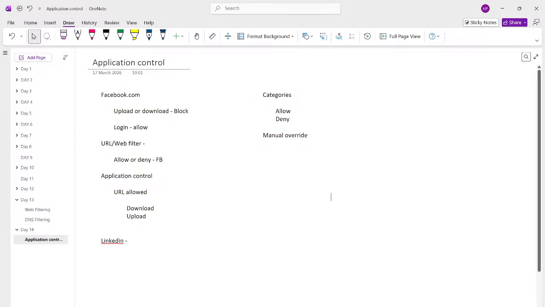Then one more thing. Yesterday what we have done, we have only done web filtering, and we have done DNS control, or DNS filter, you can say. Generally it is called a DNS query in technical terms, because firewall is a